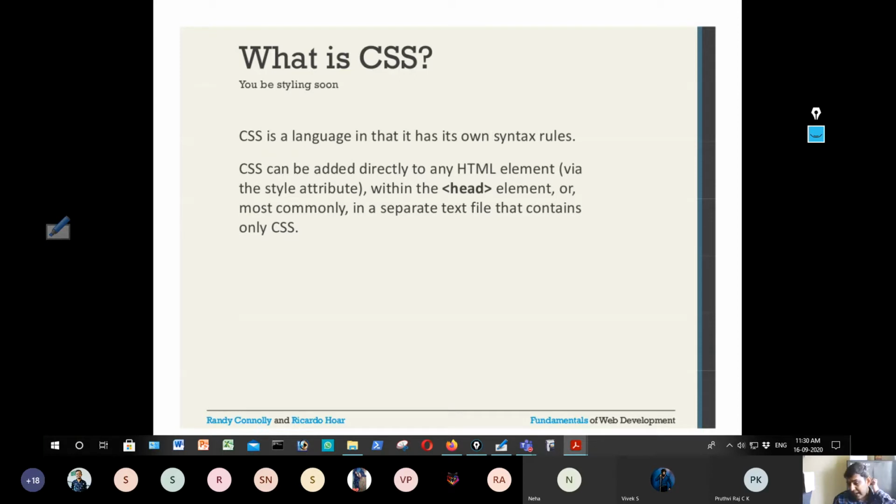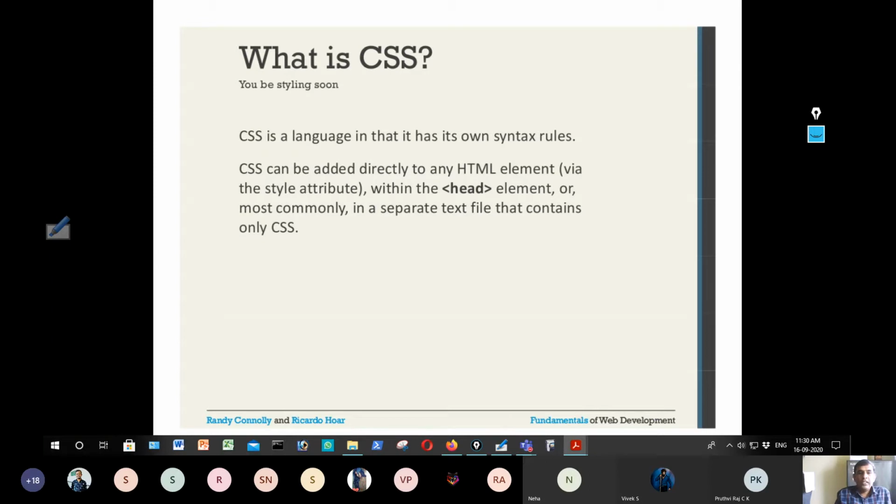So now, where can we add CSS? See, CSS can be placed at different locations. Later in the chapter, we will discuss the locations where we can place CSS. One way of doing it is that CSS can be added directly to any HTML element. Assume there is a paragraph element, a P tag, with a paragraph of text. I want to make that paragraph displayed in red color. Then I can apply the CSS style to the paragraph element, so this paragraph is displayed in red.